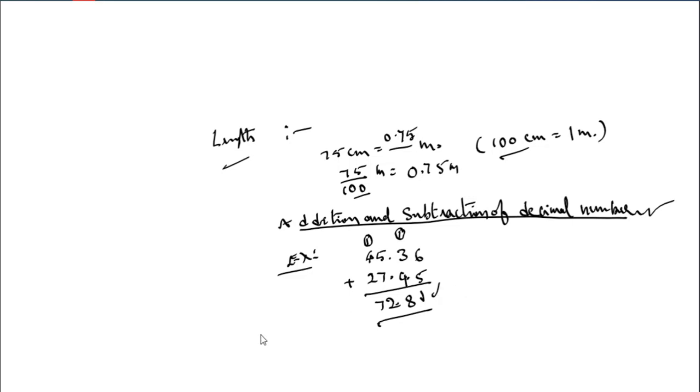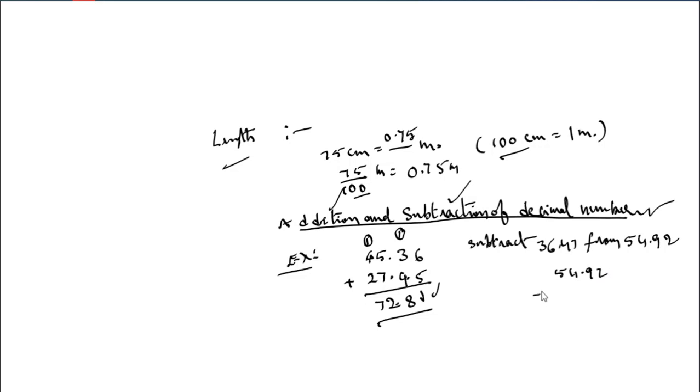For example, this is the addition. Now in subtraction, suppose we subtract, as you already learned, 36.47 from 54.92. So to subtract this decimal number 36.47 from 54.92, we should write first 54.92 minus